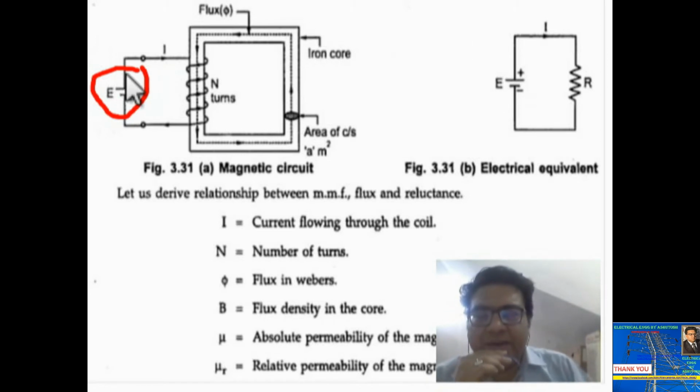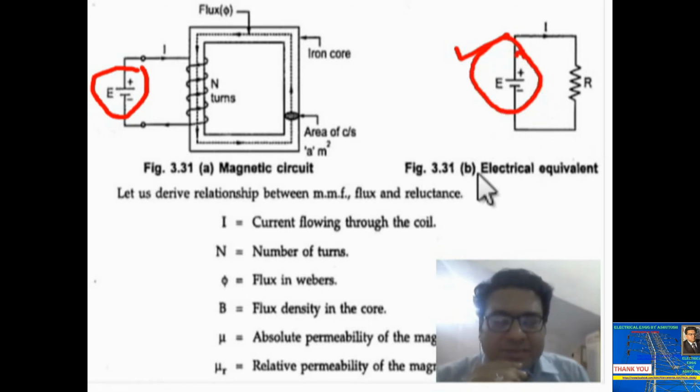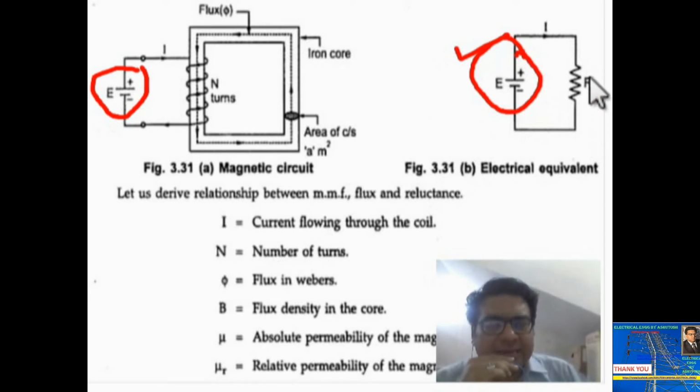So guys, as soon as you make current flow here, as current flows in the winding, due to the excitement phenomenon, there will be a flux set up in the core. You see, this is the core, and there will be flux. This is the path of the magnetic flux. It is already shown over here. And this is the example of an electric circuit where an EMF source is given over here. Here is a battery, a voltage source, and then a resistance is connected. Okay, and this could be a lamp. So here electron current is there, here flux will be there.